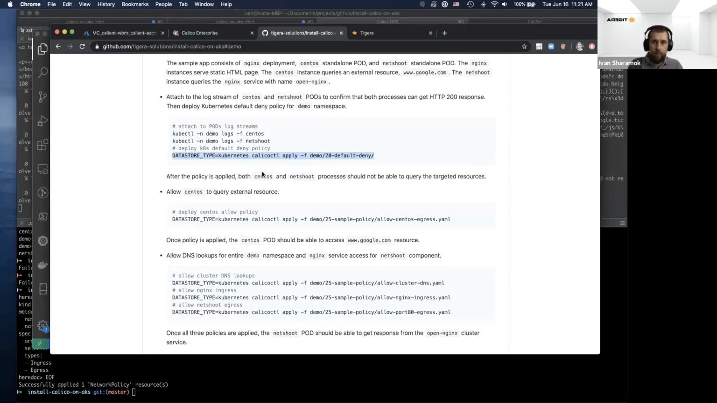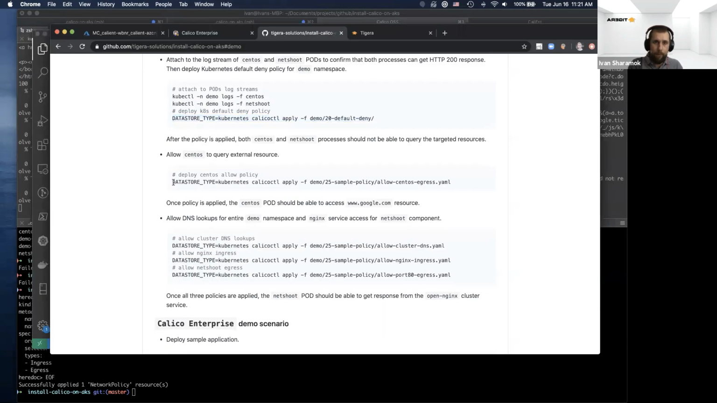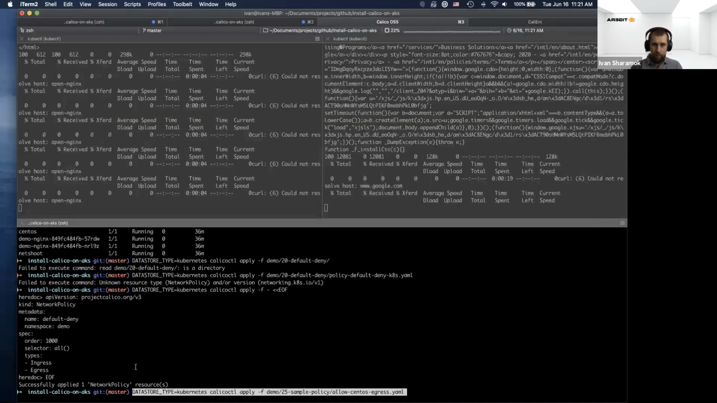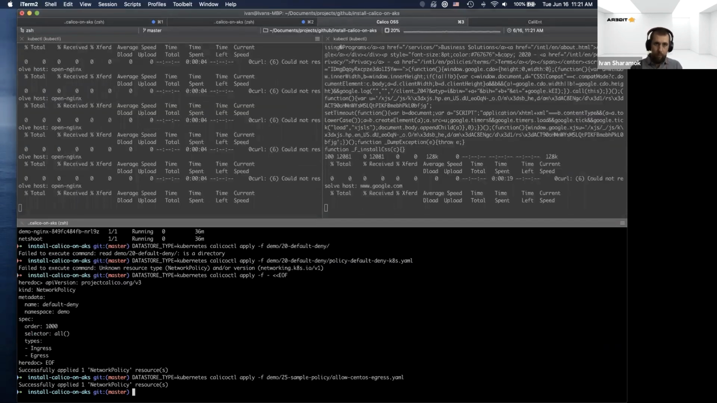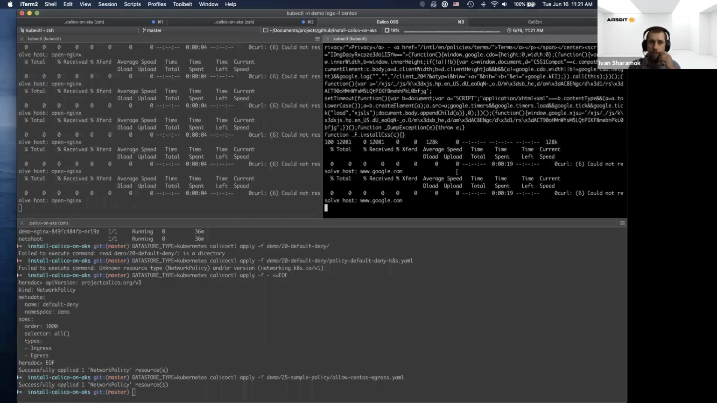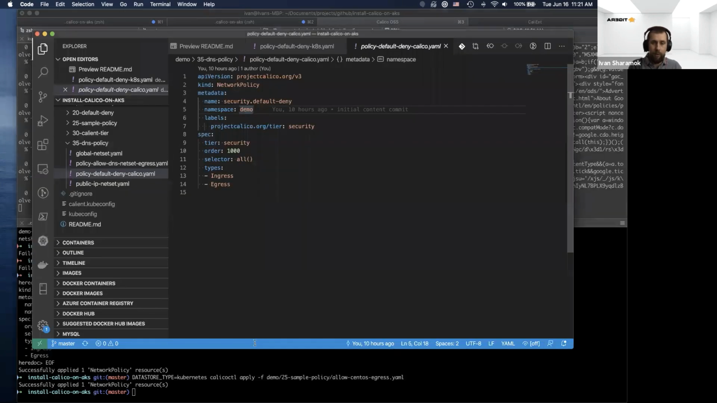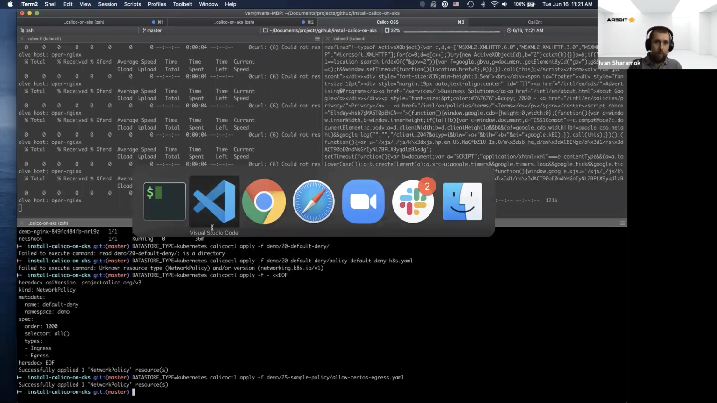Let's see. I can do egress. So allow CentOS egress. Okay, this deployed. So my CentOS pod, this one should start going. Yep, so you can see the connection now for the CentOS pod is established back. That's my policy,